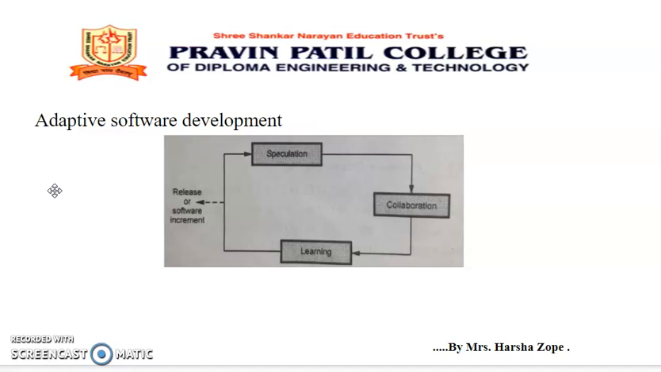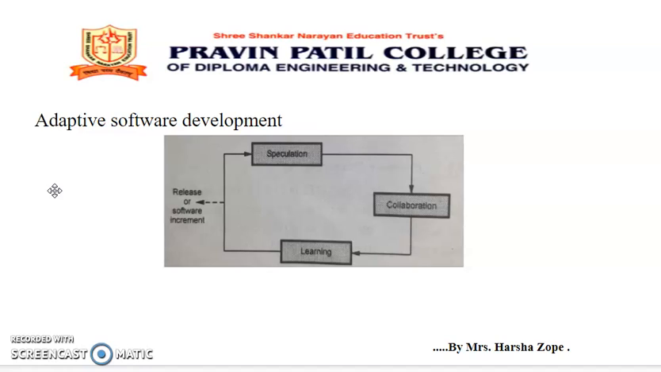A diagram is shown. The life cycle of ASD consists of 3 phases: speculation, collaboration, and learning. Speculation. In this initial phase, the adaptive cycle planning is conducted. In this cycle planning, mainly 3 types of information are used, such as the customer's mission statement, project constraints, such as delivery date, user description, budget, and so on, and the basic requirements